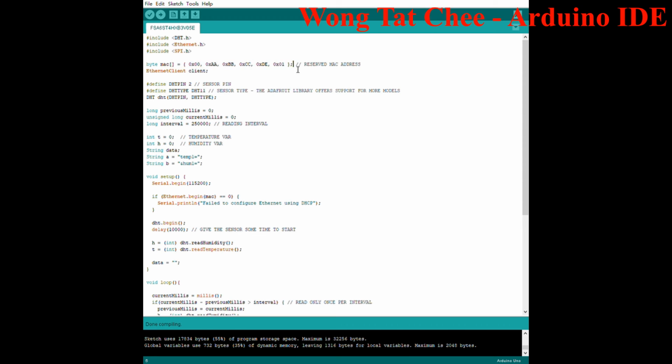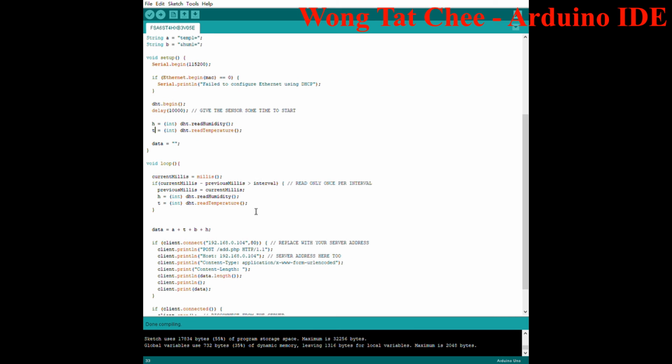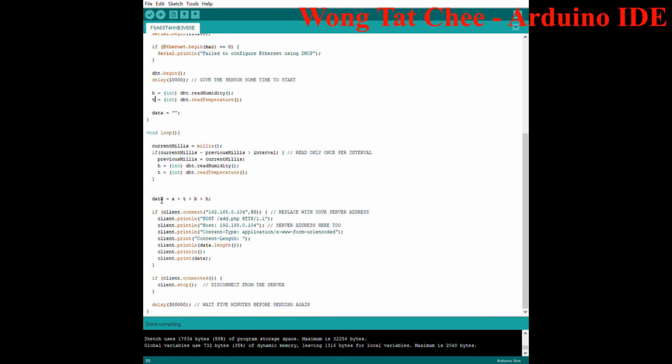First we will connect by the MAC address and make some definitions. Next we will connect to the Arduino with the baud rate. This is simple, and I believe that it will connect successfully. Next we will receive the temperature and the humidity from the Arduino here, using H and T, just two variables to save the data numbers. The data numbers will be received and pushed into a data file,